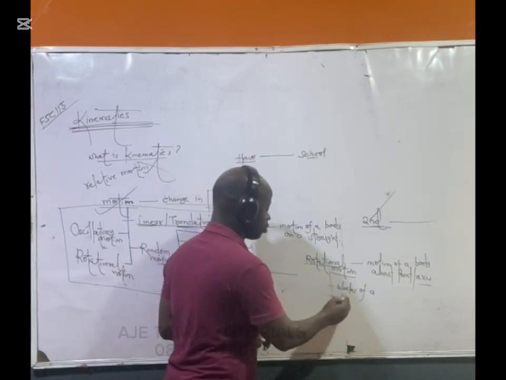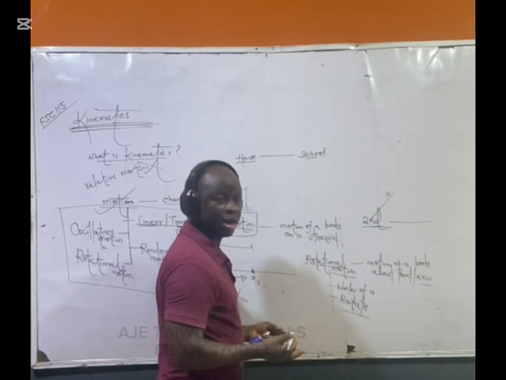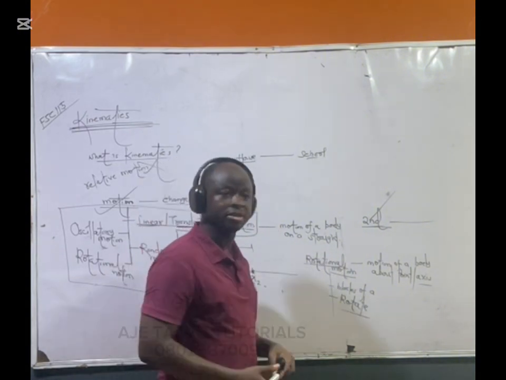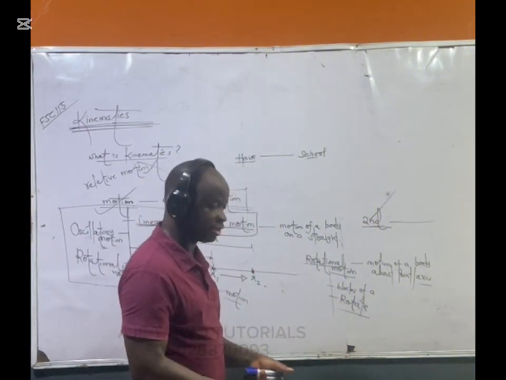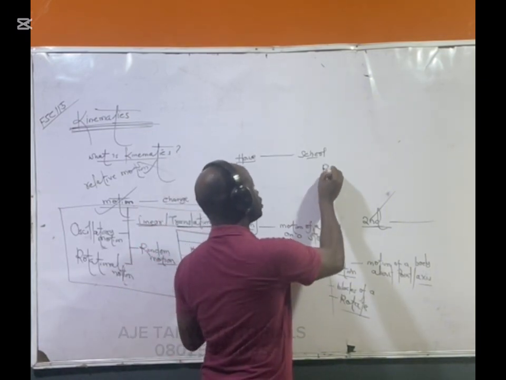The tire of a car also rotates. Why? It does not leave that place. The tire does not leave where it is. Okay? Now, there's a difference between rotation